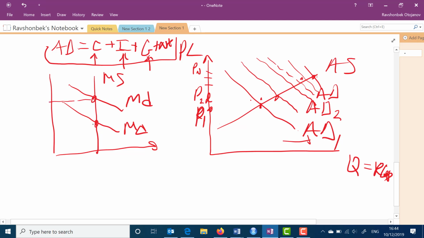Cost of borrowing. So cost of borrowing is basically the price of loans. Yeah, that is the interest rate. So interest rates go up. Now when the interest rates go up, it's not the end of the story, guys. When the interest rates go up, what happens is that the